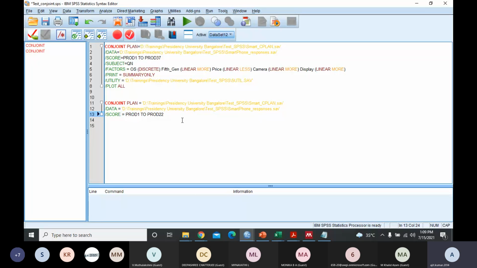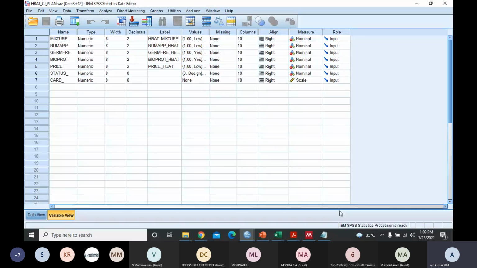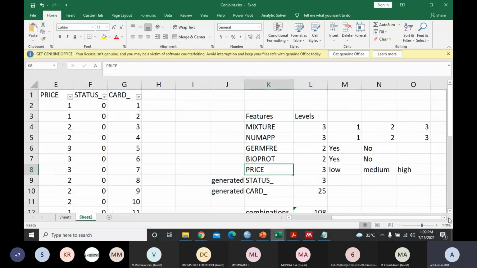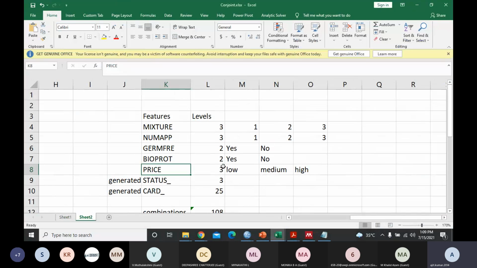Then the next one is about the factors. Go to the factors, and this is very easy. It's not very complicated programming. Everything you get using the suggestion box, so you don't need to worry. It will be the names of these factors, all this mixture, numApp, and so on. These have different values, and certain things we need to keep as discrete, and certain things linear more or linear less.